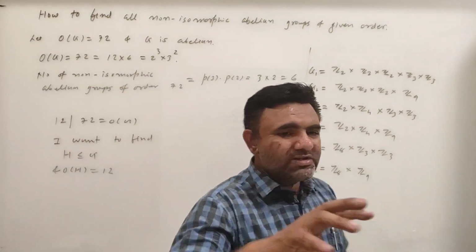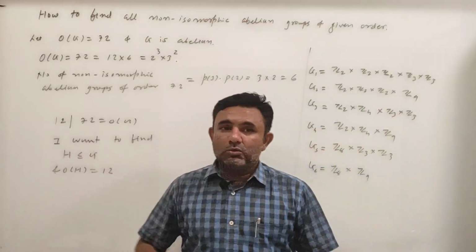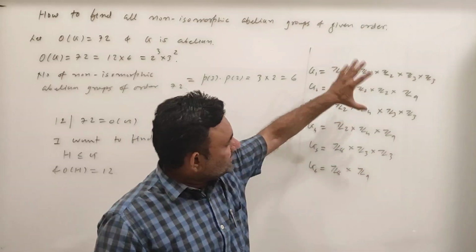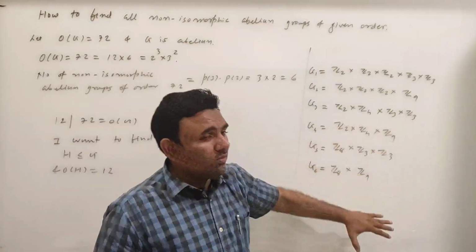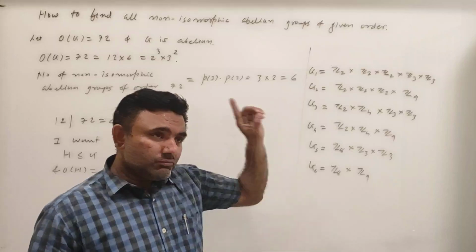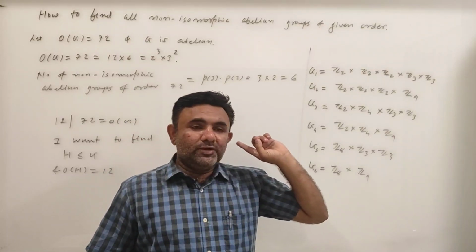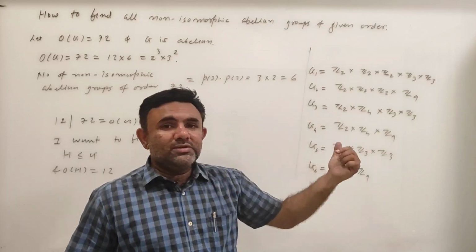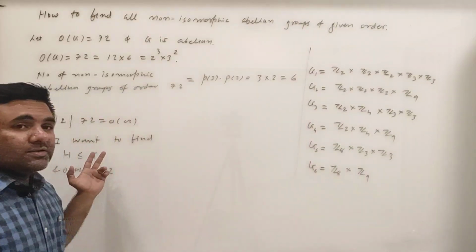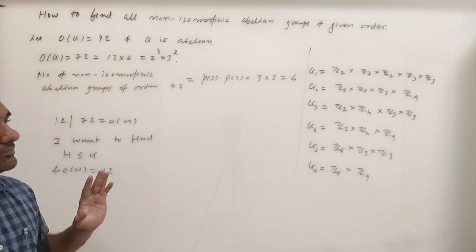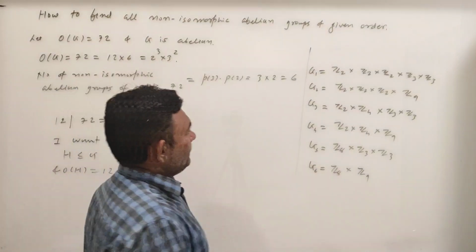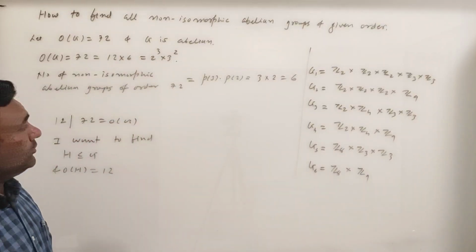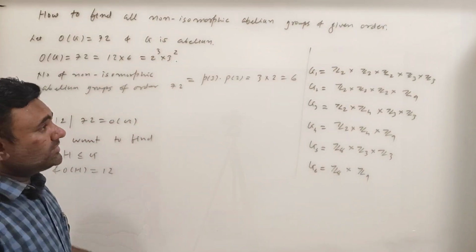क्योंकि कोई भी मैं 72 ऑर्डर का अबेलियन ग्रुप लूँगा तो वो किसी न किसी एक के साथ आइसोमॉर्फिक हो जाएगा, और मैं ऐसा दिखा दूंगा कि हर एक का 12 ऑर्डर का सब ग्रुप है। मतलब कि वो जो मेरा 72 ऑर्डर का कोई भी अबेलियन ग्रुप है, उसका भी 12 ऑर्डर का एक सब ग्रुप है। So that is the idea. So now I will show all G1 to G6 has a subgroup of order 12। तो कैसे दिखाते हैं, see